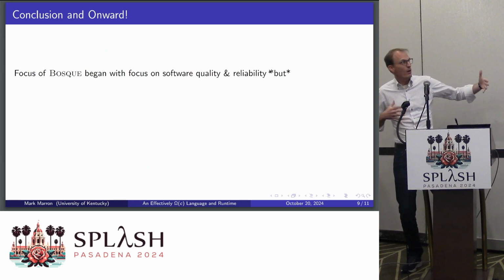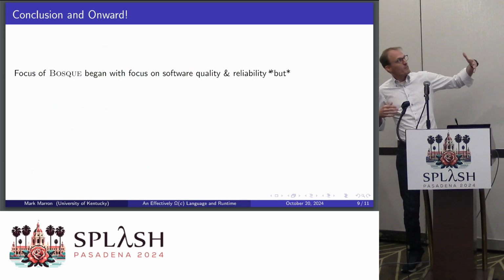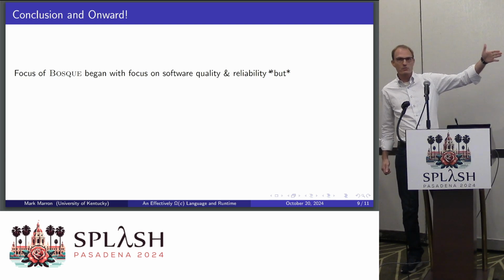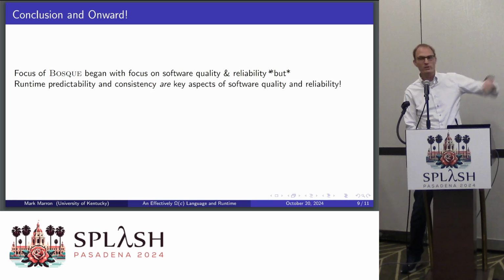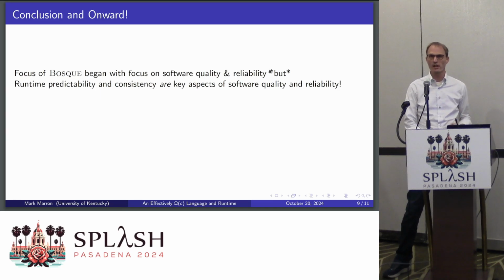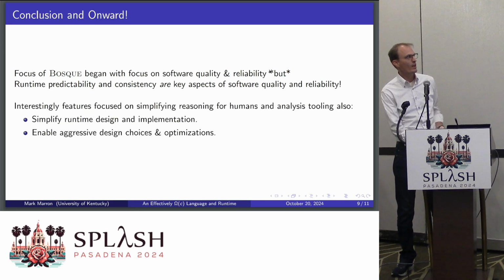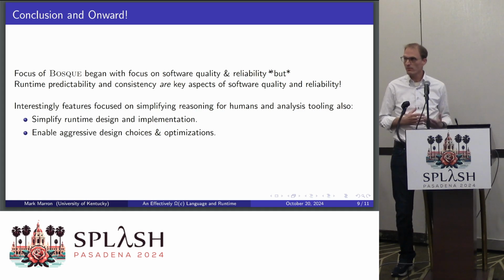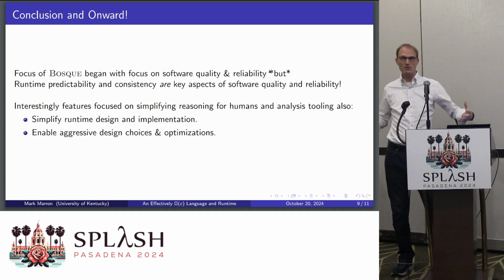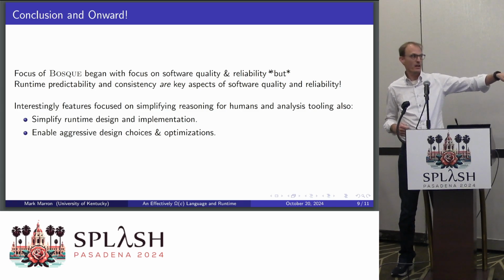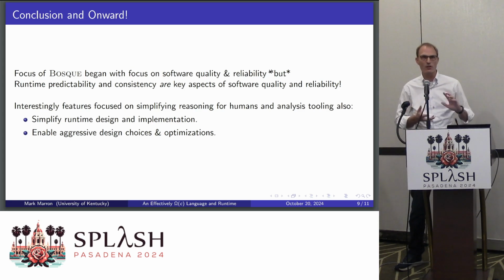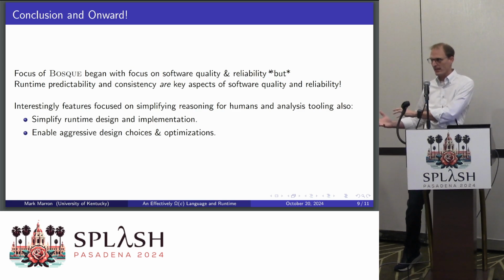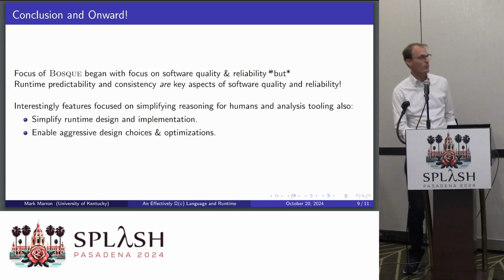So this is a work in progress, obviously, but this was interesting for me because the focus of this project was reliability. I want to build high reliability software. But as I said, runtime predictability and consistency are actually part of that reliability. It's actually a holistic thing, right? And a lot of the things that we did to simplify being able to do proofs with an SMT solver actually allowed us to simplify runtime design and be much more aggressive in our optimization. So it's very interesting to see these two things playing together, although oftentimes performance is seen as a complexity thing, but really performance is just making your life simple and then doing the obvious thing works shockingly well.